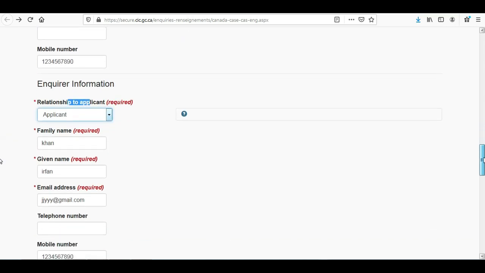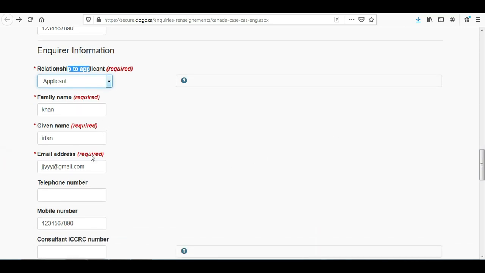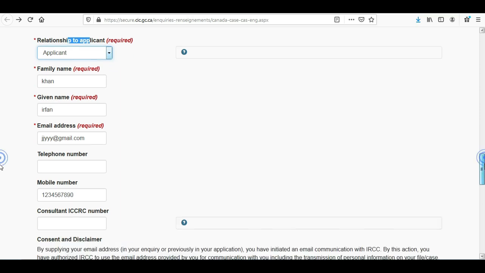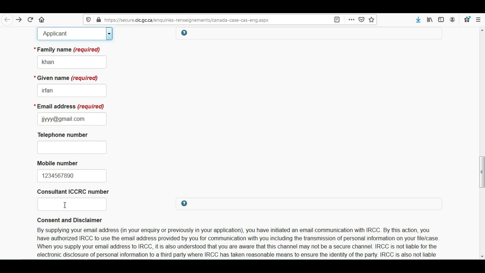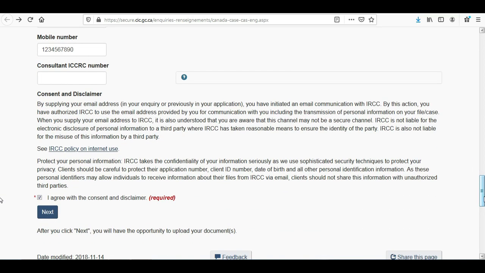Automatically this information will pop up when you fill this form, so no need to write it again and again. If you are a representative, then you need to write your ICCRC number. Then select the option I agree with the consent, and click on next.